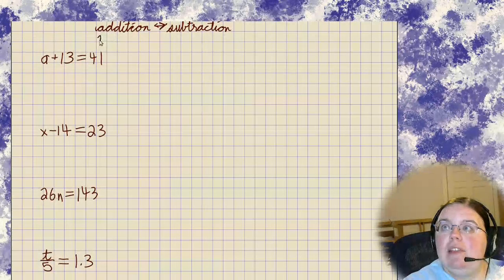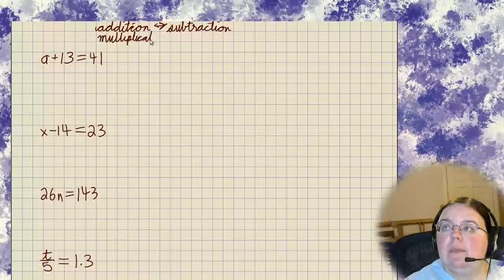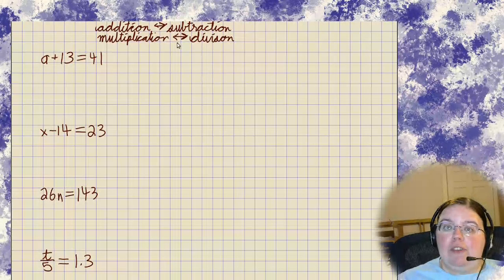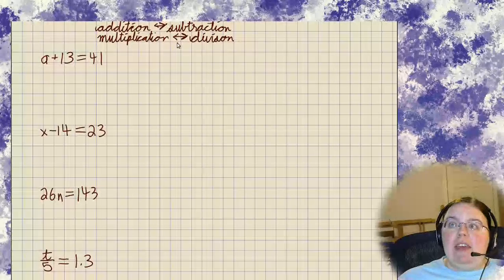Similarly, multiplication has the inverse operation division, and division's inverse operation is multiplication. So we will use the inverse operation to whatever we see in these equations, and that will tell us the